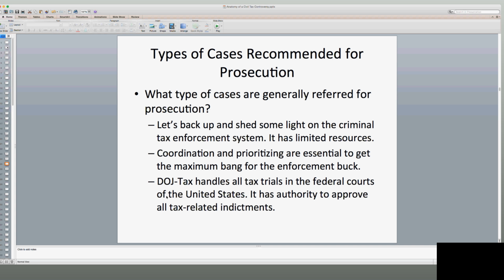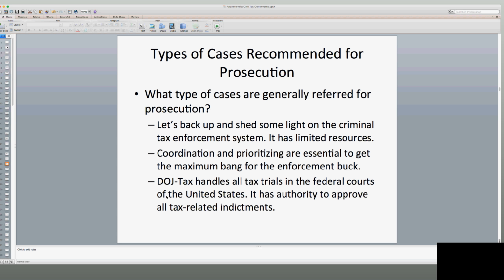Some of you might have had tax evasion cases that were handled by the local U.S. Attorney's Office. Basically, DOJ filters the cases and determines which ones it's going to keep and which ones it's going to assign to the various regions. In New Jersey, we have basically 3 U.S. Attorney's offices. They're based in Newark, Trenton, and Camden.